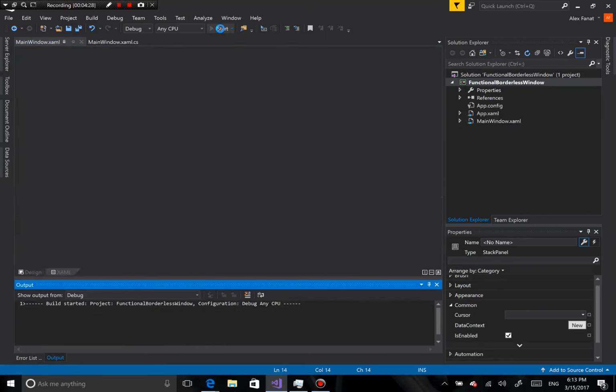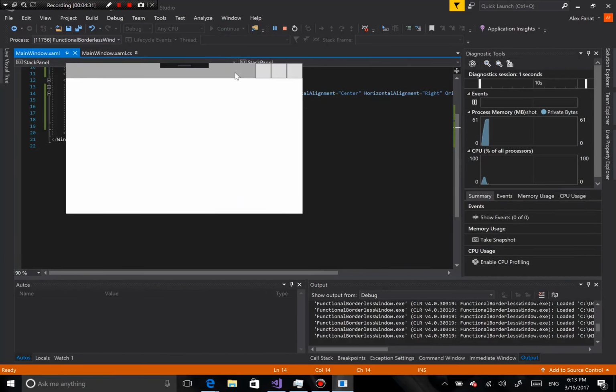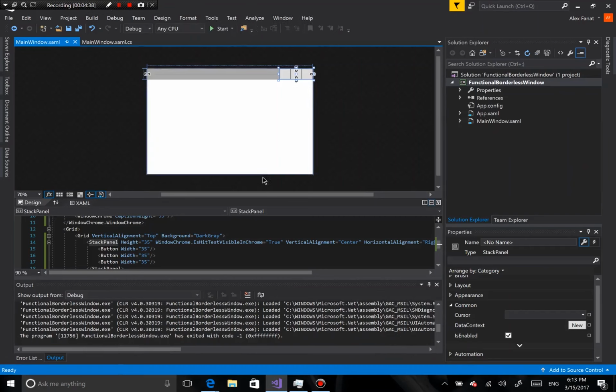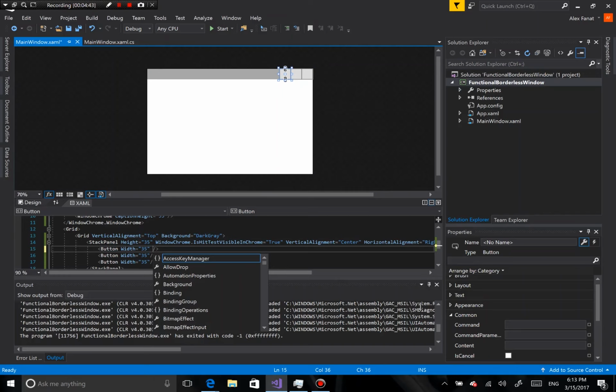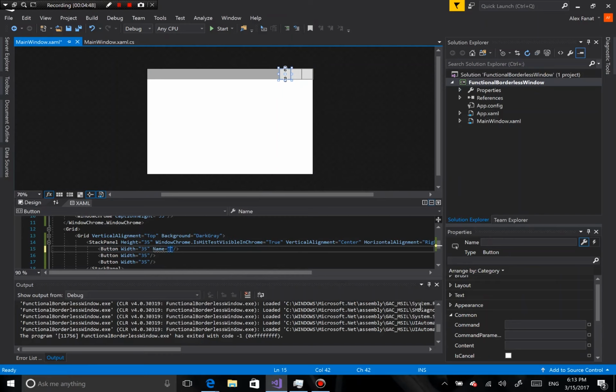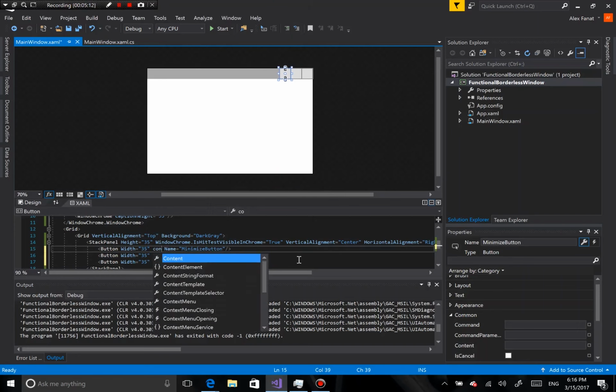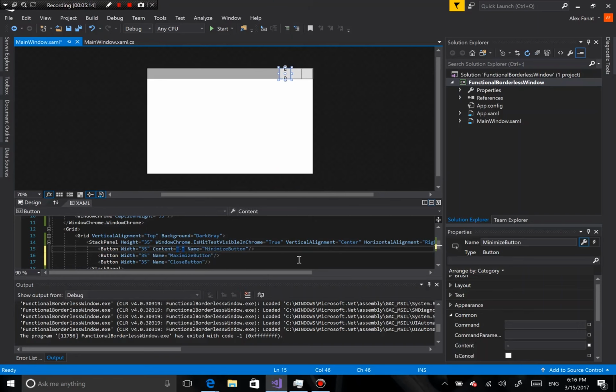And if we launch the program at the moment, see, it's fully draggable and everything scales properly, and these are clickable buttons. Okay, so next we have to give these names so we can use them in source code. So I'll just set this name to MinimizeButton. Also, for the sake of simplicity, I'm going to add just the minus,